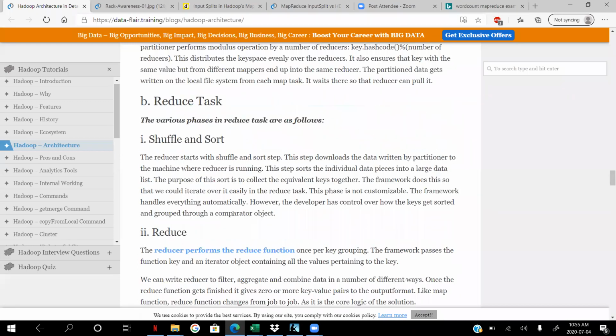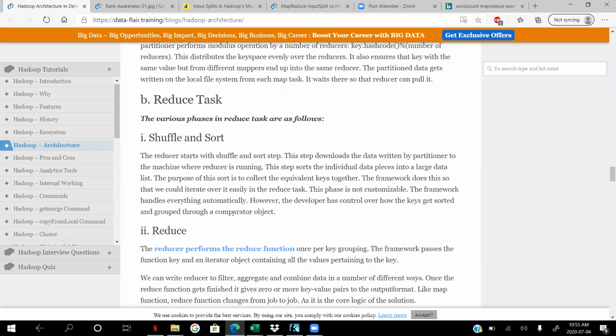The next task is the reduce task. In the reduce task, the first step that happens is shuffle and sort. You are not doing the shuffle and sort; it's the framework that does the shuffle and sort. But what shuffle and sort means is bringing like keys together and passing them to the reduce process. And the sorting is so that it can put